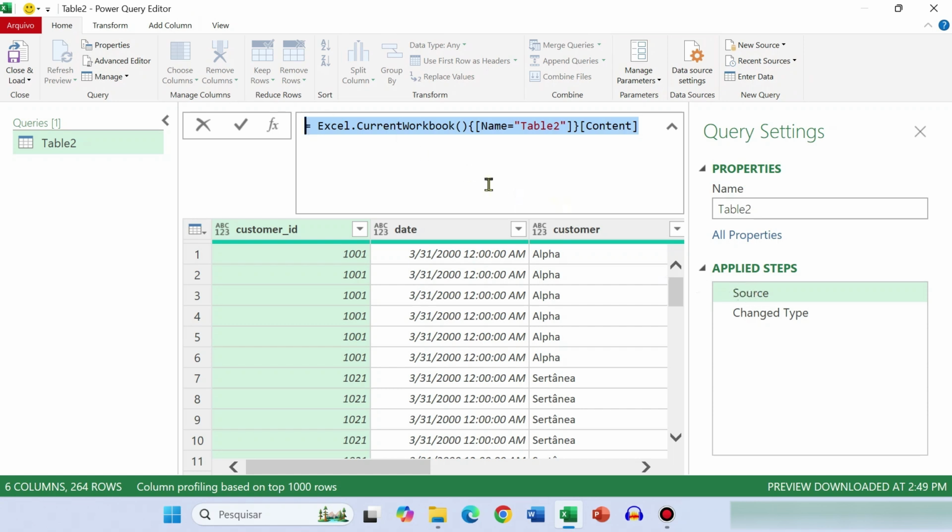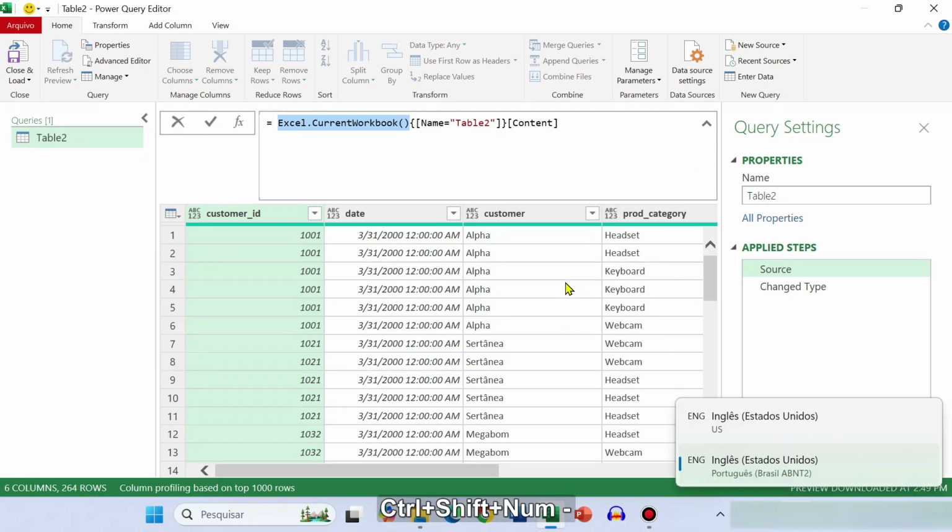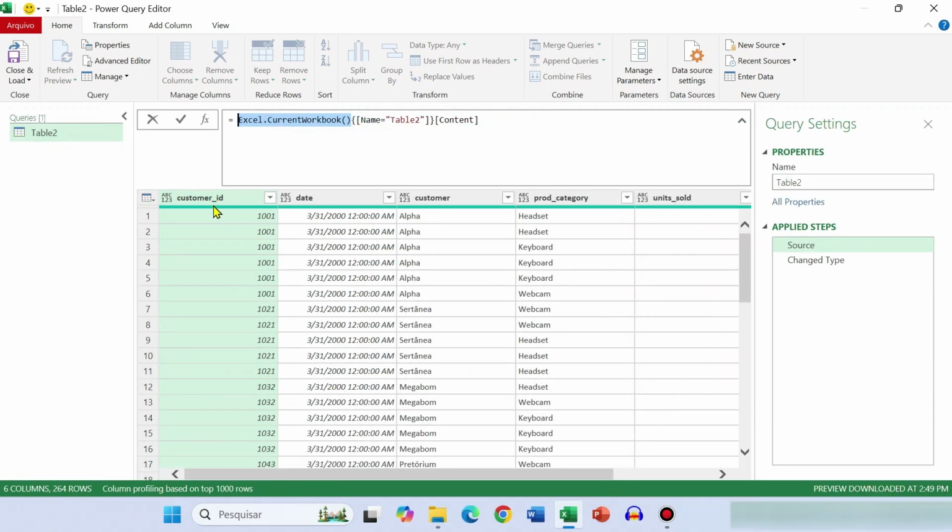Okay, so my first step is just to let Power Query know that I'm importing data from my current Excel workbook, and the data I'm importing is called Table 2, and I'm importing the content from Table 2 from my current Excel workbook. And my current Excel workbook has 1, 2, 3, 4, 5, 6 columns, okay, and each column